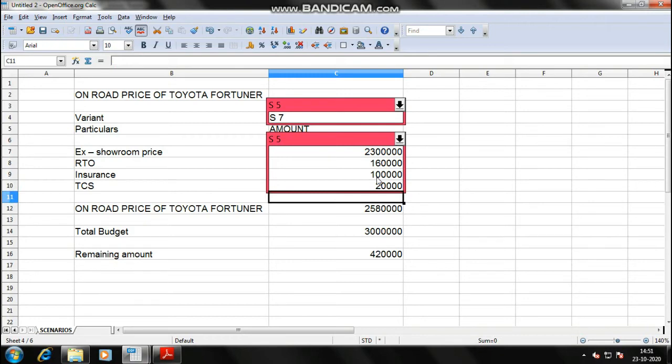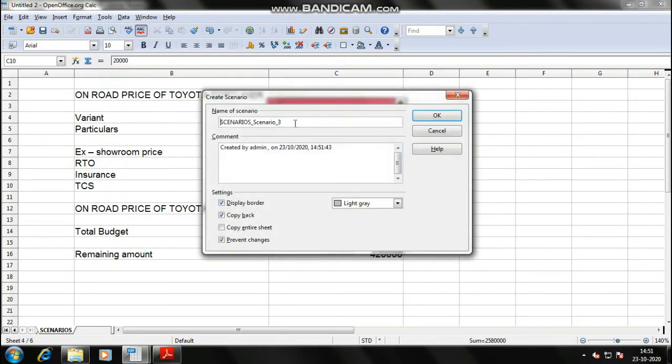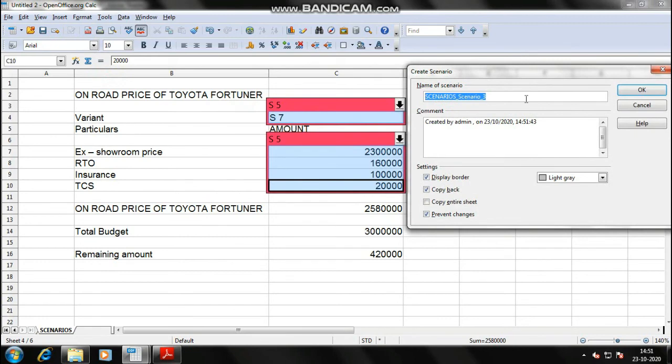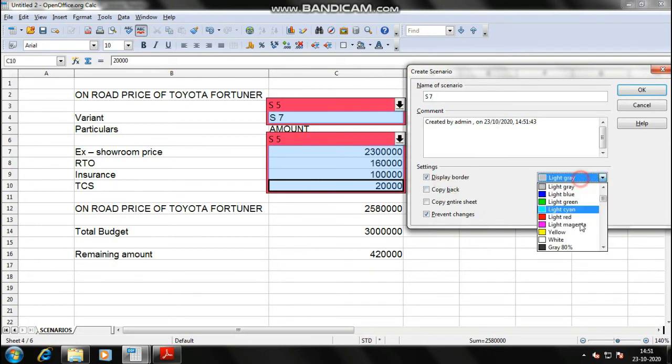Okay, so press S7, select these four, go to tools, scenarios, again scenario third, give the name to the third scenario, that is S7. Okay, and copy back, we don't want, another color is green.